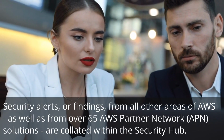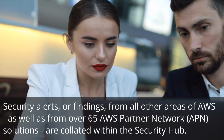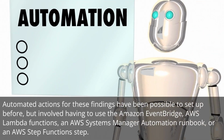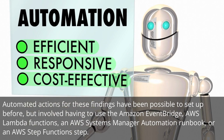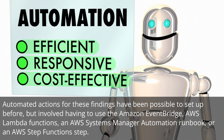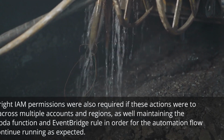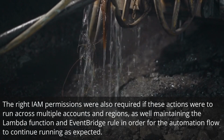Security alerts, or findings, from all other areas of AWS, as well as from over 65 AWS Partner Network (APN) solutions, are collated within the Security Hub. Automated actions for these findings have been possible to set up before, but involved having to use the Amazon EventBridge, AWS Lambda functions, an AWS Systems Manager Automation Runbook, or an AWS Step Function step. New rules. The right IAM permissions were also required if these actions were to run across multiple accounts and regions,